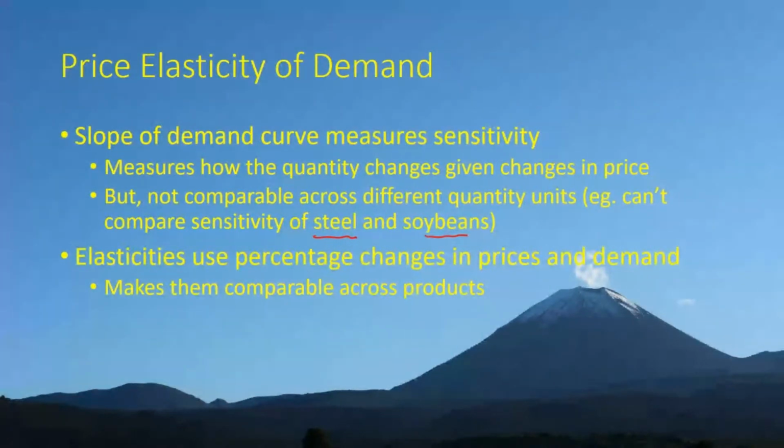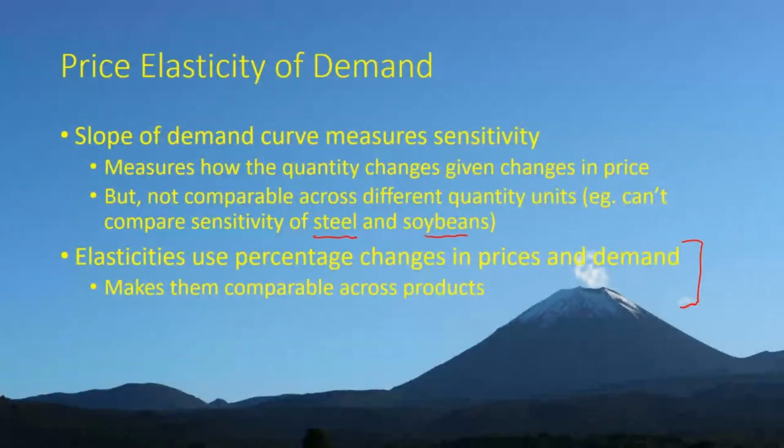And if we just look at the slope of an individual demand curve measured with different units, it's going to be impossible to compare the sensitivity of demand across different markets and across different products. So economists have solved that particular problem by creating this concept called elasticities. And what elasticities are going to do is use percentage changes in prices and demand. And then percentage changes are going to make this measurement of sensitivity a unitless measurement,